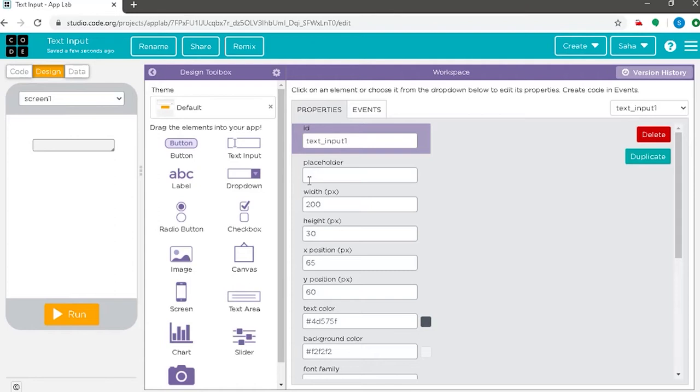Now we shall drag a label and place it on top so that the user should understand what should be entered. As you can see, the label's ID is label 1 in the properties tab, and the text will be please enter your name, because that is what we want the user to do.